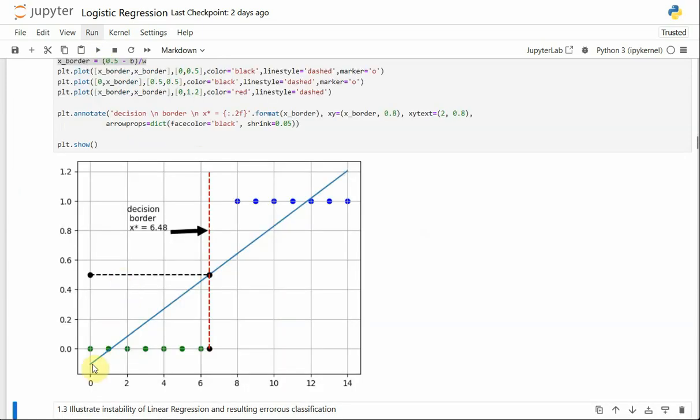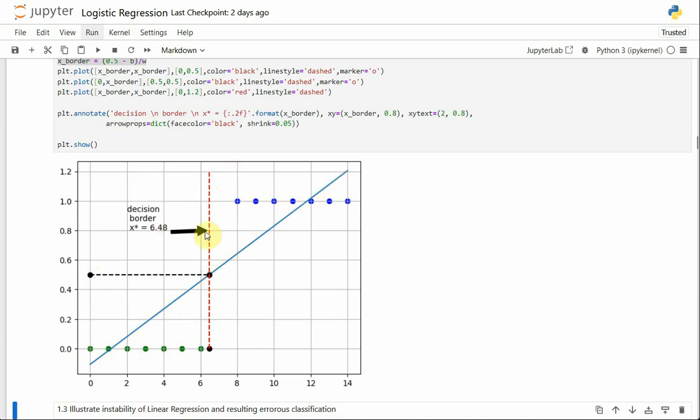So we can see a straight line which is going through both classes, and we will make a rule of thumb that once the value of this straight line is higher than 0.5, we will assign the value to the positive class. But once the value of this straight line is smaller than 0.5, we will assign these values to the negative class. Once we find the intersection between the line y equals 0.5 and the straight line approximated using linear regression,